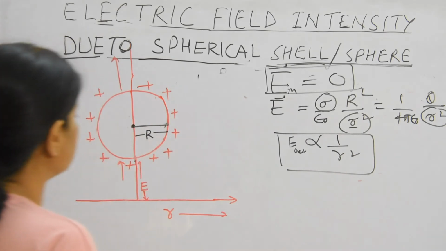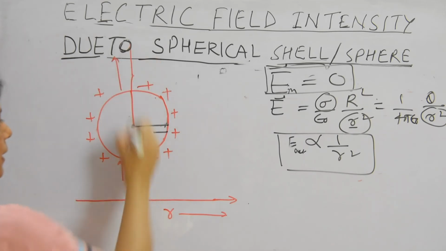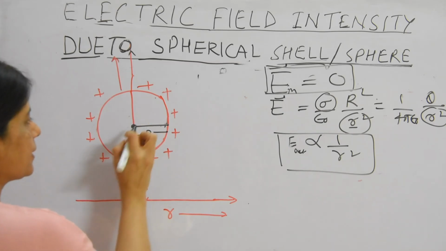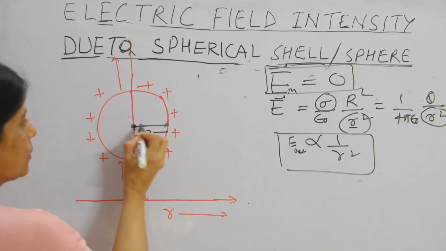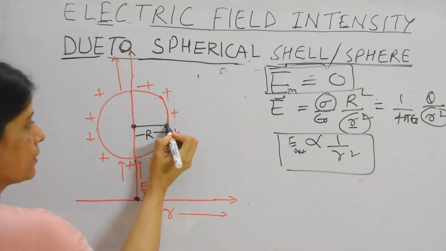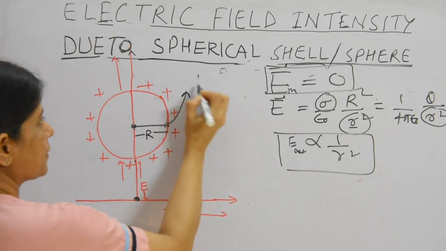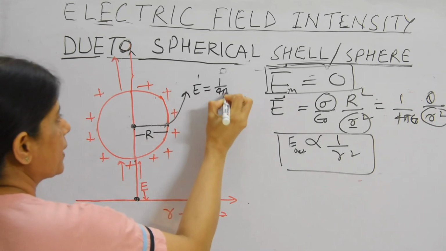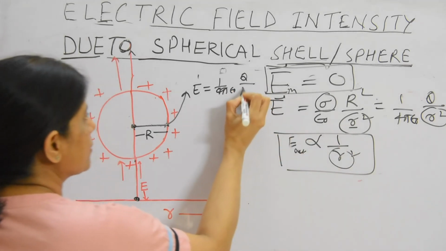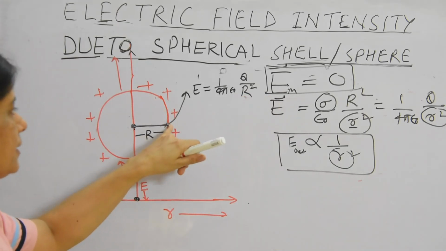So let us draw the graph. See here, E is 0 and r is 0. This is r, and on the y-axis we have taken electric field intensity. So inside, this is the center, at the center value of E will be 0. Here again electric field is 0, electric field is 0. Here what is the value of electric field intensity on the surface? On the surface it would be 1 upon 4 pi epsilon naught Q upon, instead of r we will write this distance R, R square. This is the value of electric field intensity on the surface.